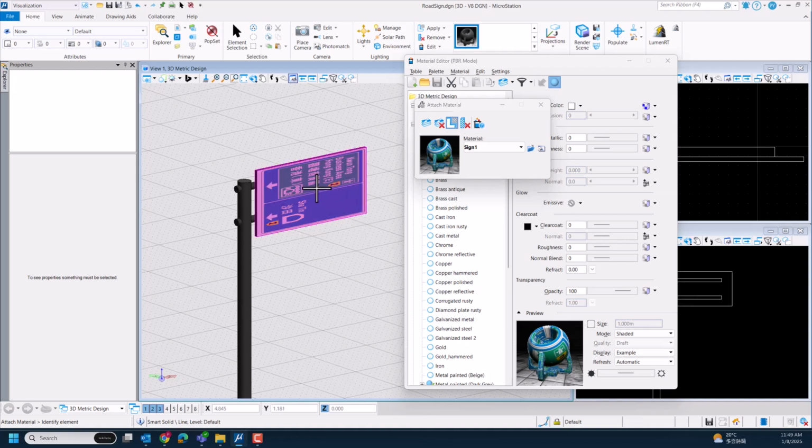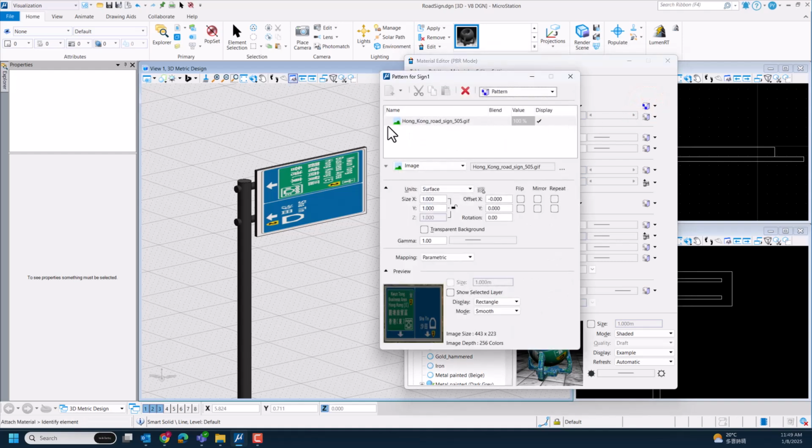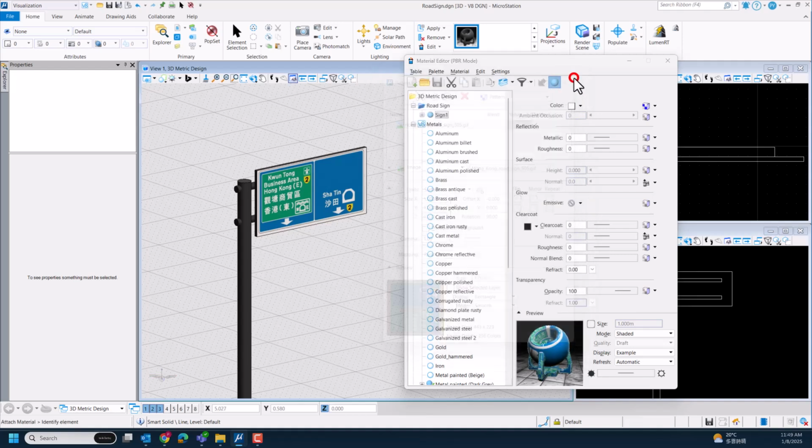But you will find that the image seems to be rotated. So I need to modify the material again regarding the rotation. So I go back to the material editor, select my material, and then click on this pattern map again. And you can see here, I can rotate my image. So I set the rotation to be 90 degrees